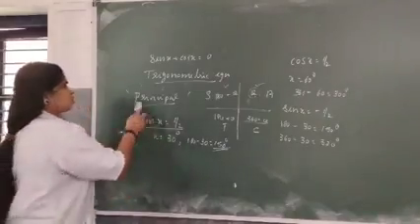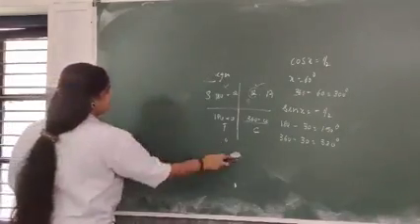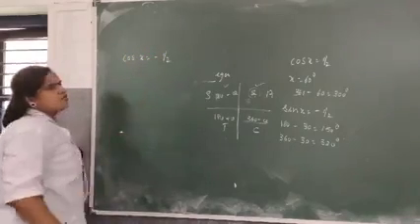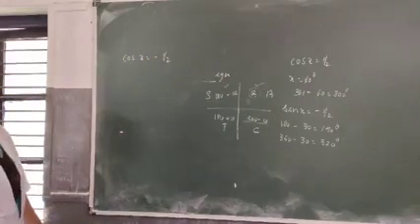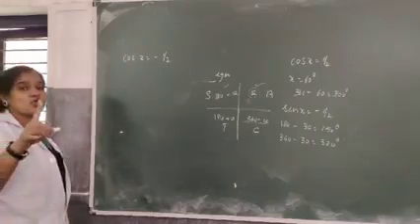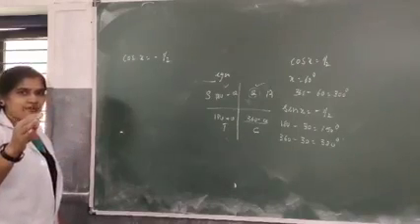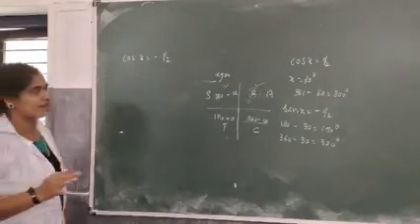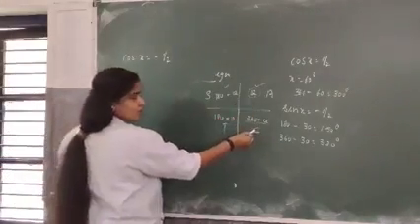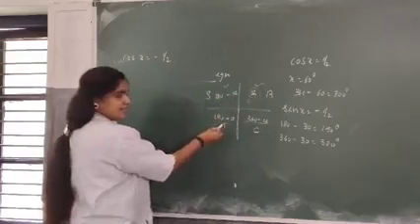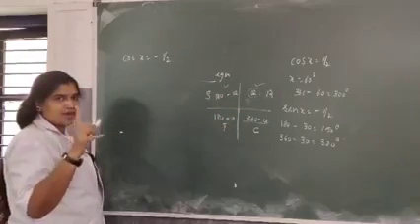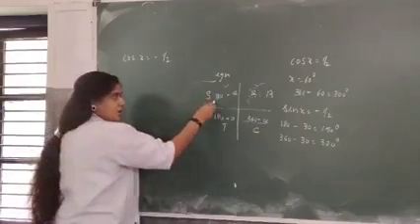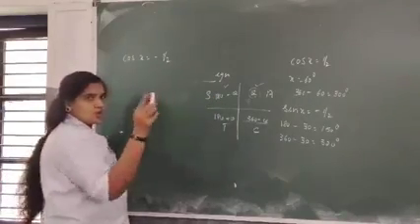We can explain two more questions. See, cos x equal to negative 1 by 2. Here the ratio cos is negative, so first identify the quadrant. In which quadrant is the ratio cos negative? In the first all are positive, in the fourth cos is positive, so it is negative in the second and third. Got it? In the second quadrant cos is negative, and in the third quadrant also cos is negative.